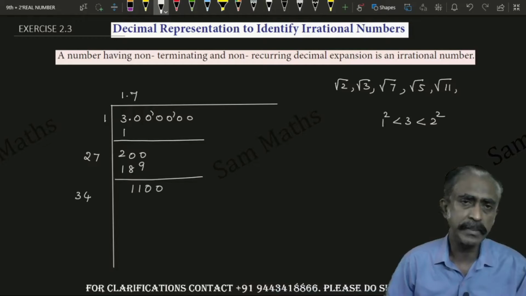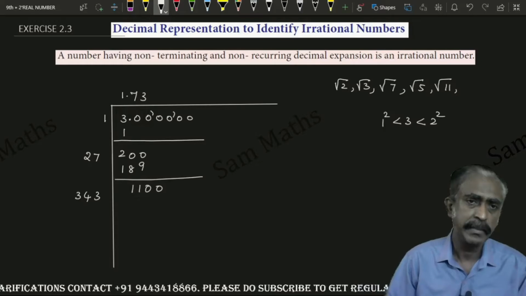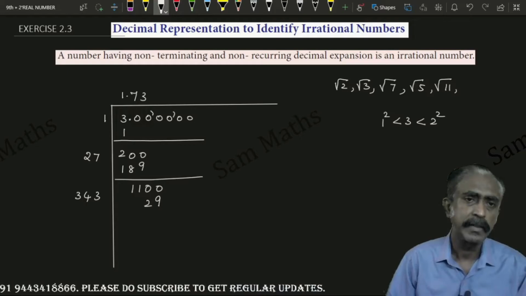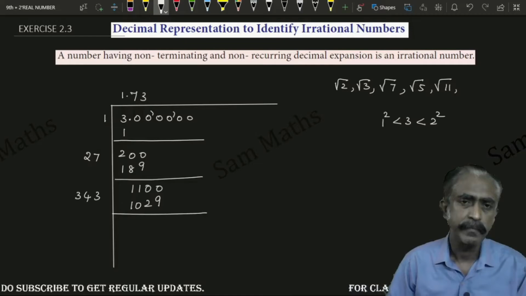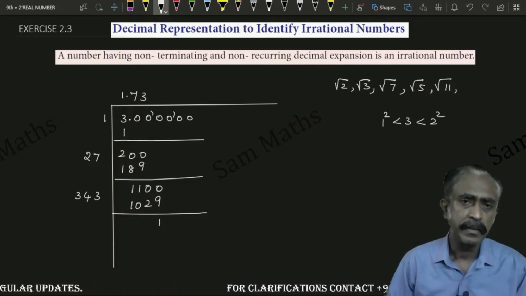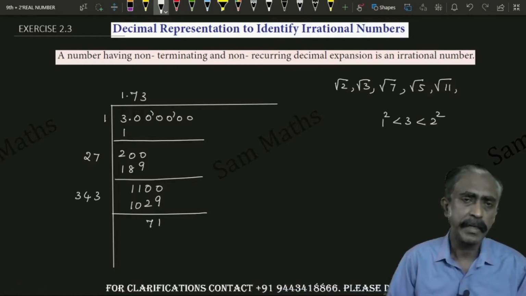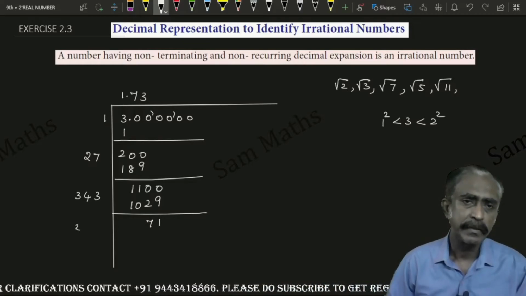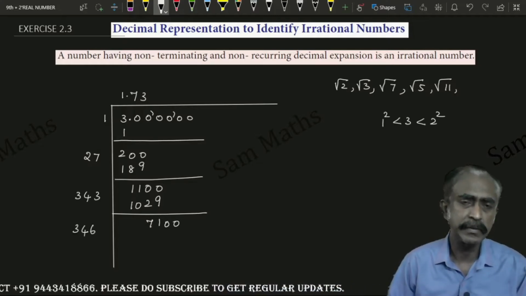So this we can take 3 times approximately. Just you check. 3 3s are 9, 3 4s are 12, 3 3s are 9. So it's 10. You can subtract. 10 minus 9 is 1, 9 minus 2, it's 7. Now again you can double this. It becomes 346. Take 2 more zeros.